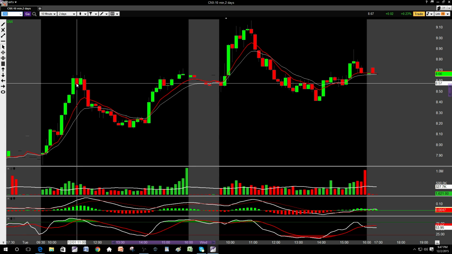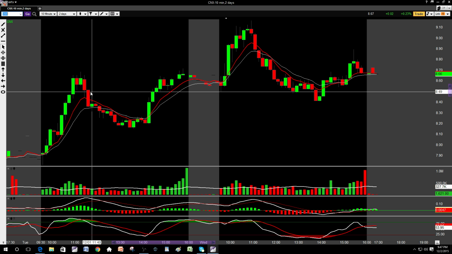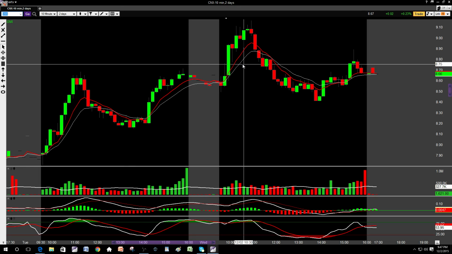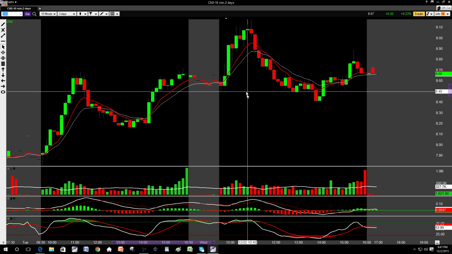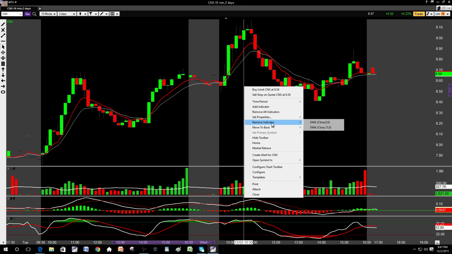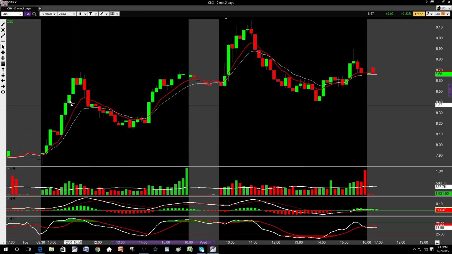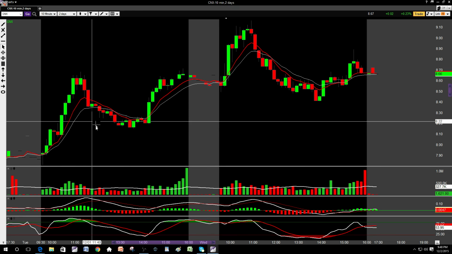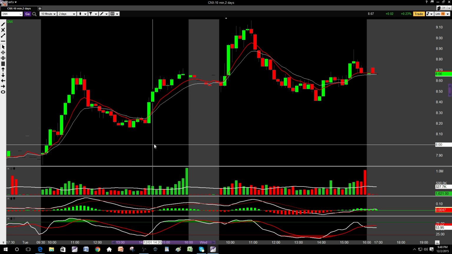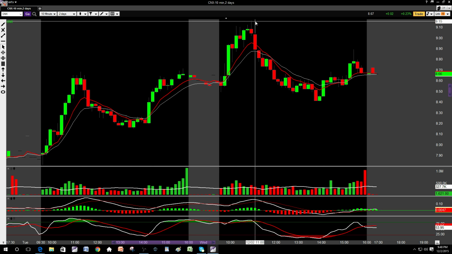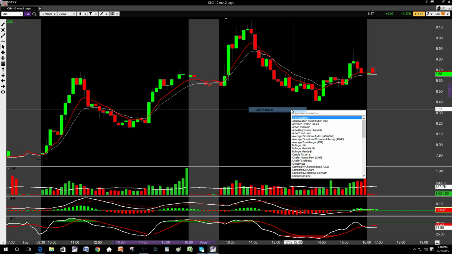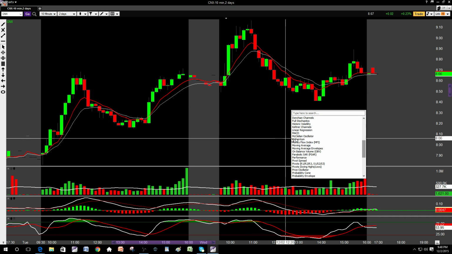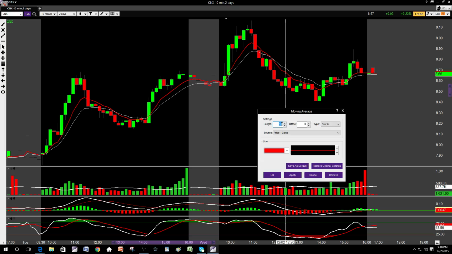CNX, doesn't really matter what chart you pull up, they're gonna work. So that's the 8, that's the 13, that's your support, that's your resistance. And let's add something else. Now when they get far away from, say, a moving average, you see how it's far away here, here, here, here, you gotta add something else in that's gonna guide you. Let's add something. Okay, on my charts I have